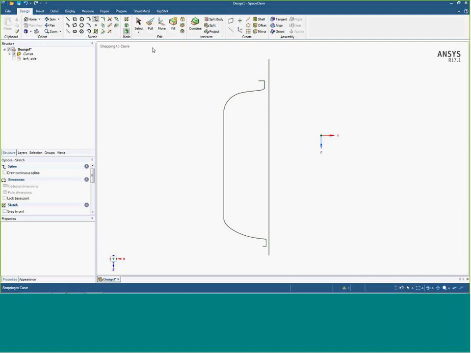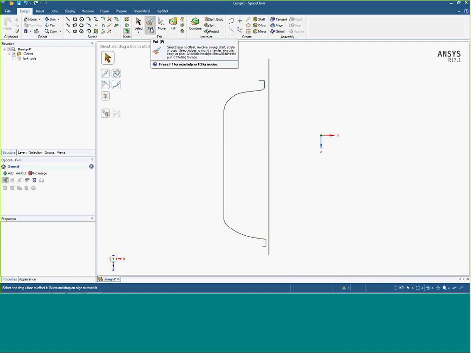Well, most of the things in SpaceClaim can actually be done with either the pull, move, fill, or combine tool. And notice those are pretty big icons compared to everything else, so those get used quite frequently. So there's a lot of operations that can be done just depending on how you use these features. So one of which is pull. If I click on that, if I actually hover over this icon for a second,